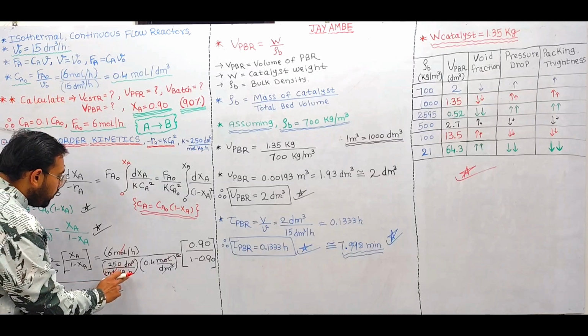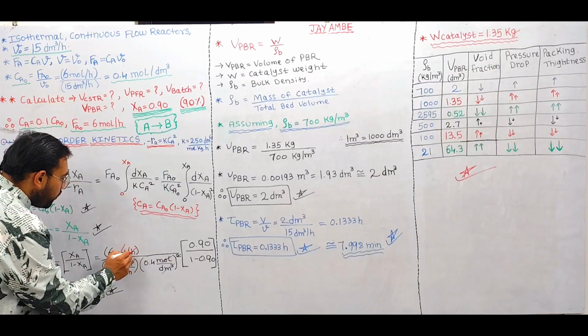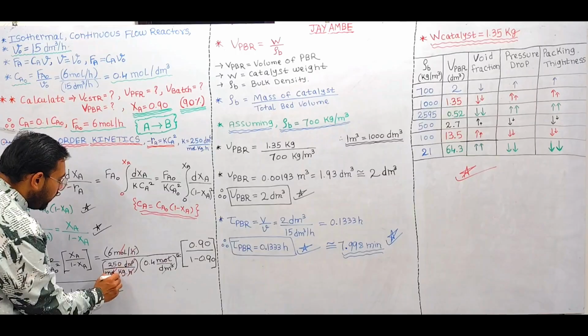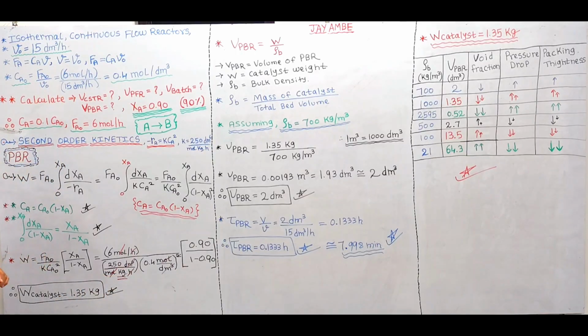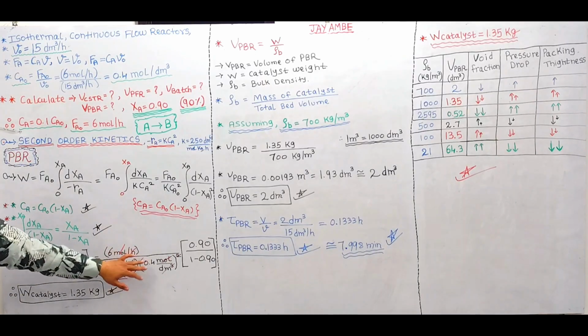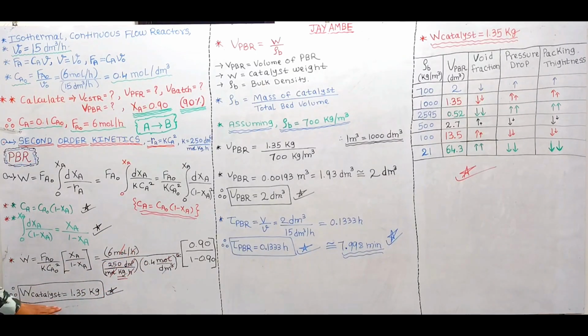Now the hour from the numerator and denominator will get cancelled off, so we'll finally remain with the kg. So this kg will come into the numerator. After solving this, you will get the answer as weight of the catalyst is equal to 1.35 kg, right? Which means